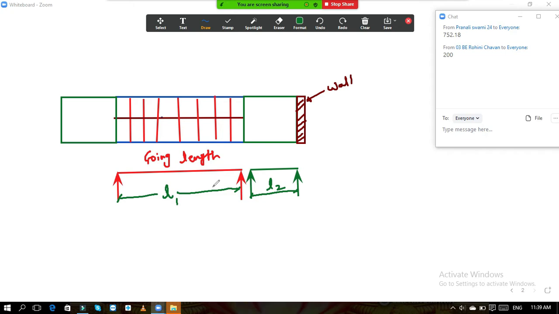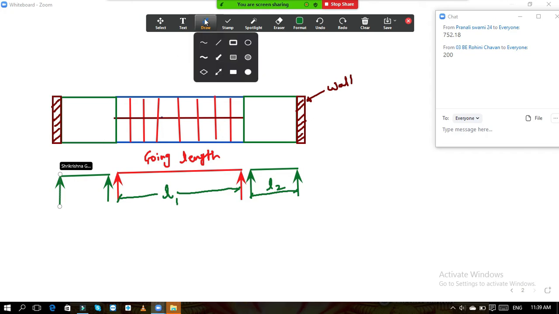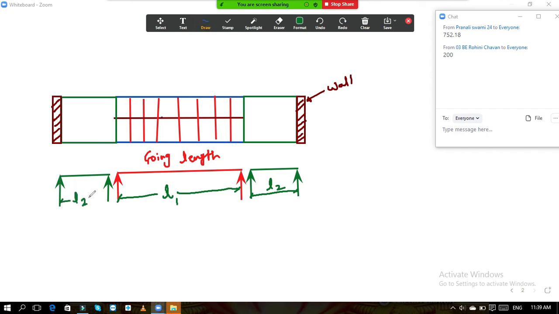Are you getting my point? Landing is spanning in the direction of the stairs. Similarly, this side also the same condition will be there. Support is provided at this point. This is your wall, and if I draw the lines, the same condition that we have shown over here will be there also at this point. So this is the dimension, and this is nothing but your L2 landing.